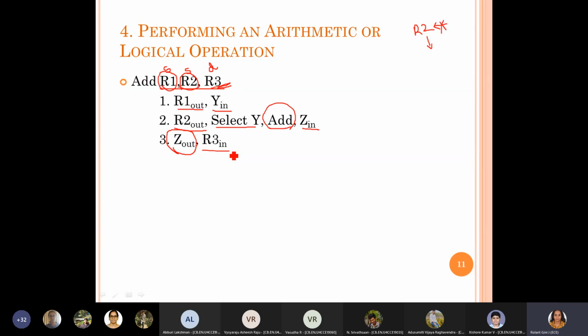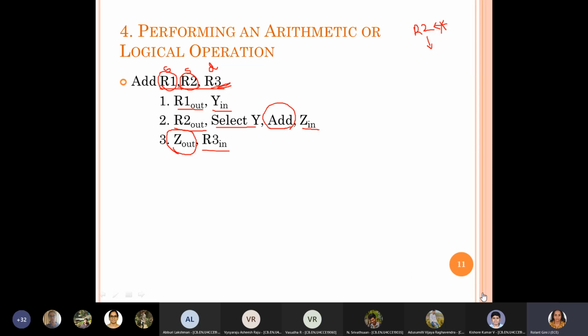So this is the starting. Have a very good look at it and try to understand, because as instructions grow, you should be able to come up with the complete control sequence for any instruction given. Initially itself I told you this is the simplest operation. So I give you 1 or 2 minutes, try to understand it and digest it.